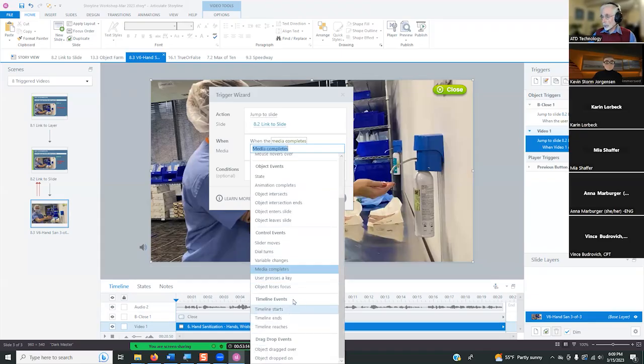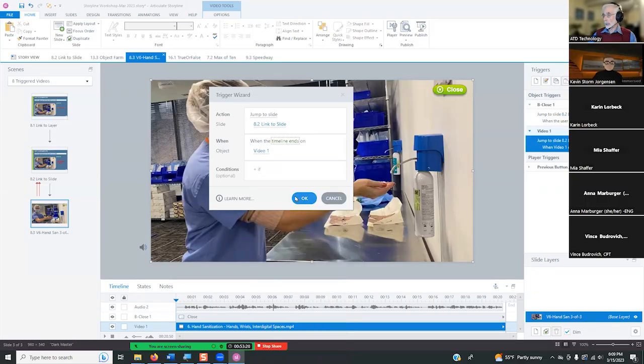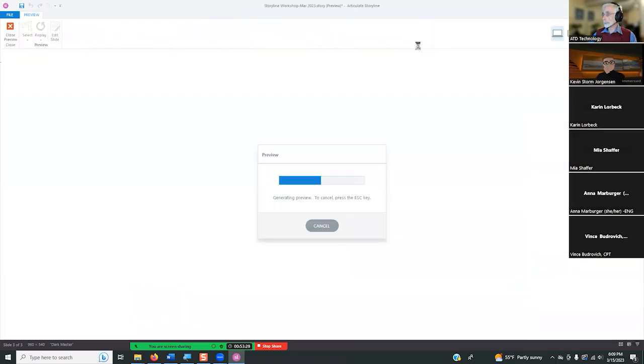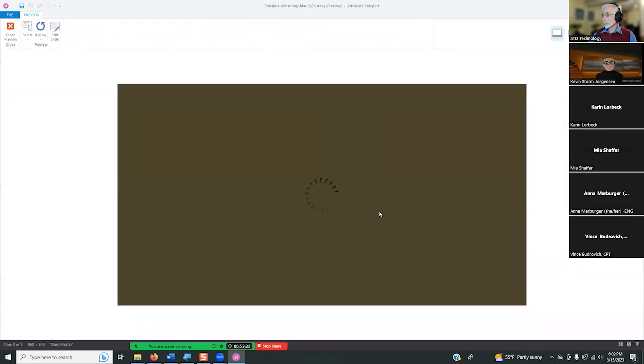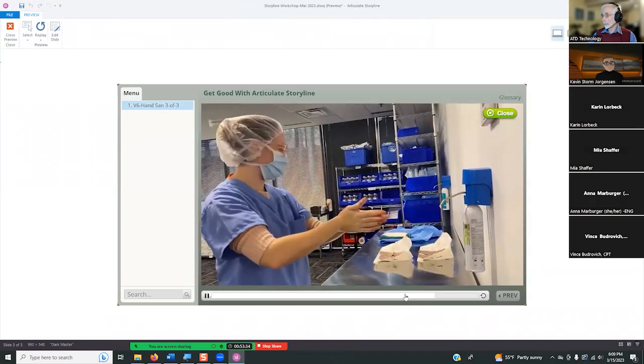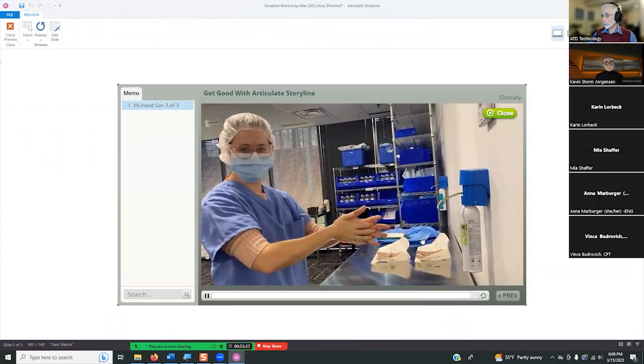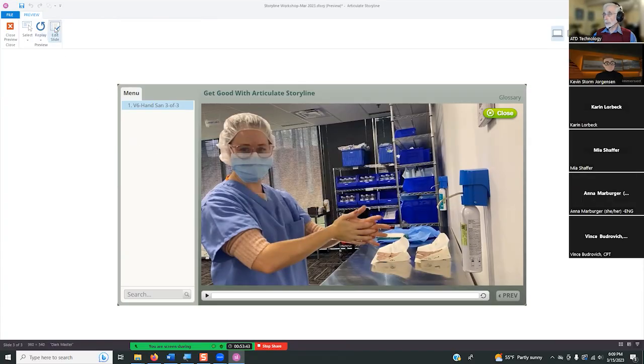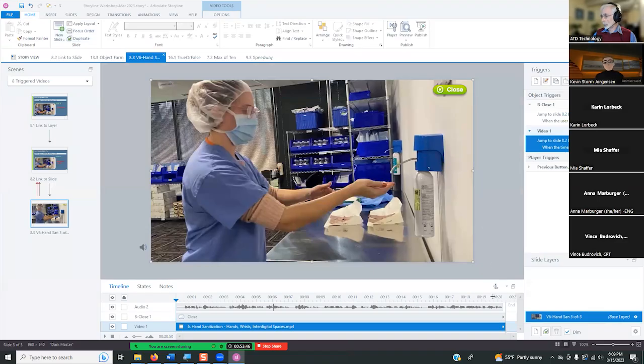What I should have used is when the timeline ends. Now listen to this. When we preview this slide, I hear it end with moving back to your workstation. There we go. We head back to the workstation. Why would that work? You can see here at the end of the timeline, the video ends right when the timeline ends. So both of those triggers should work.